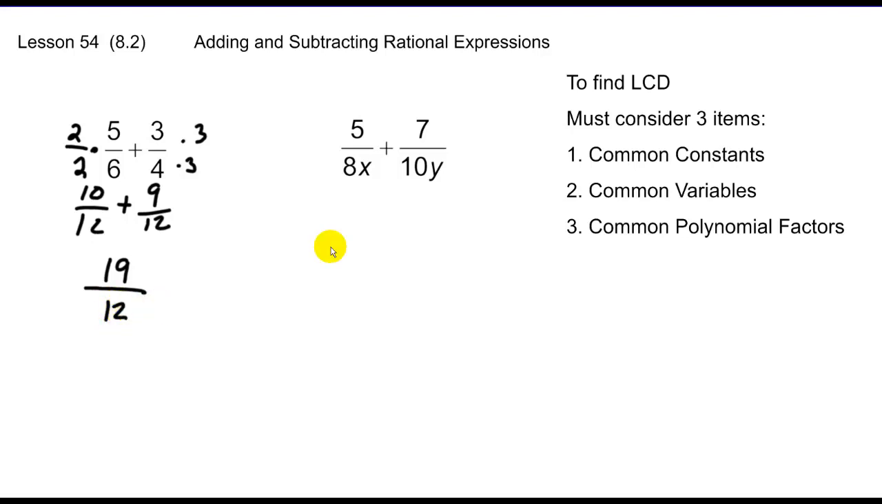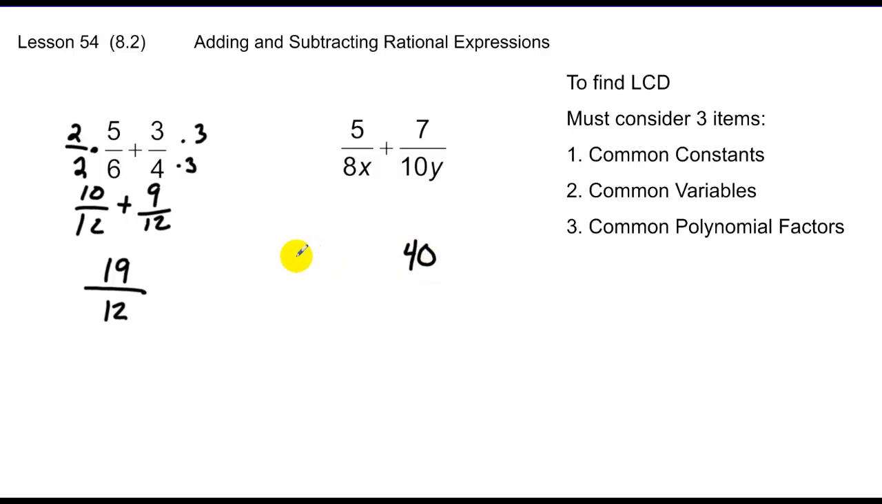In this next example, you'll notice we have variables introduced as well as our constants, so we'll need common denominator of both the variable and the constant. I usually look at the biggest constant and use multiples of that to try to determine my LCD. I know 10 won't work, 20 doesn't work, 30 won't work, but 40 works because 8 goes into 40. So I'm going to write an LCD of 40